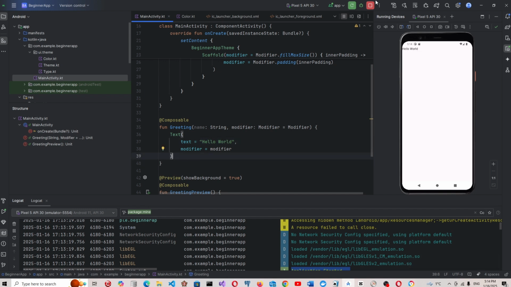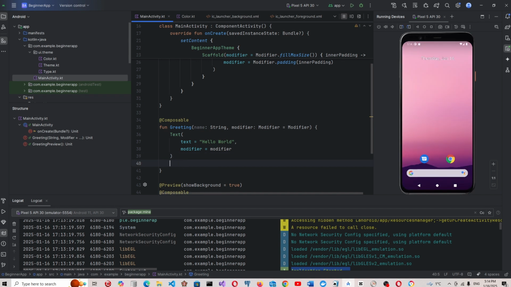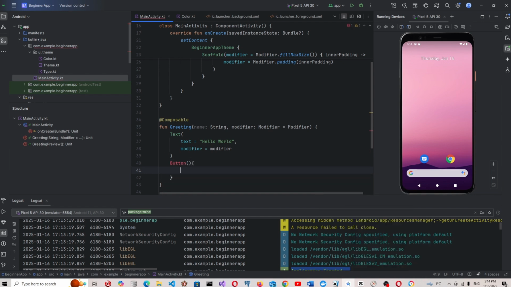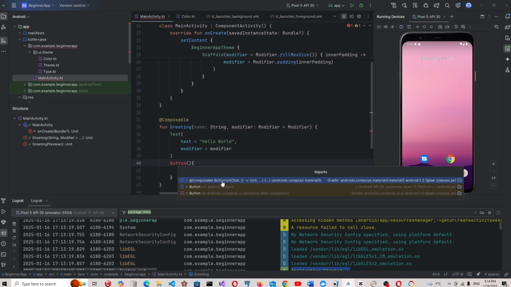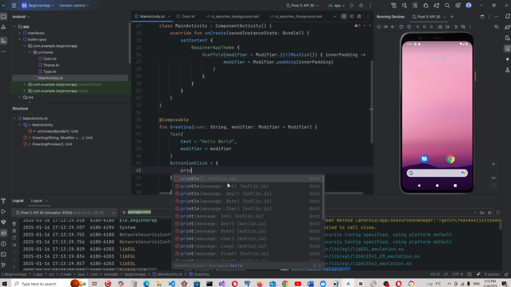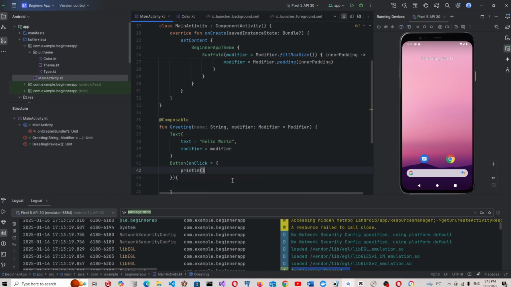And we can also put a button over here. Button, which is this, and you see if you write, you can say import, which is the composable button, and they say onClick equal to, go to println of, say, button click,